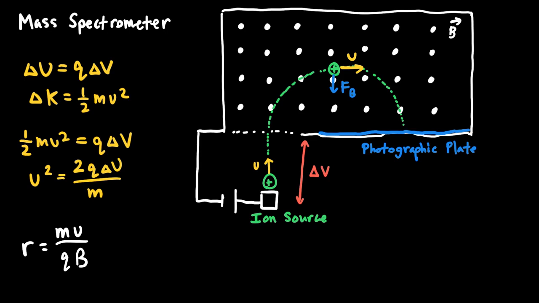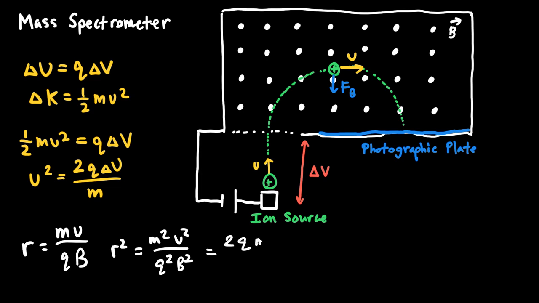And up above, I had an expression for the velocity of the particle in this kind of situation. So what I want to do is combine those two equations. And I feel like the simplest way to algebraically do that is to just square everything. So I'll have r squared equals m squared v squared divided by q squared B squared, which means that I can take my equation from up above and substitute it in because it was already solved for v squared. So when I do that, what I get is